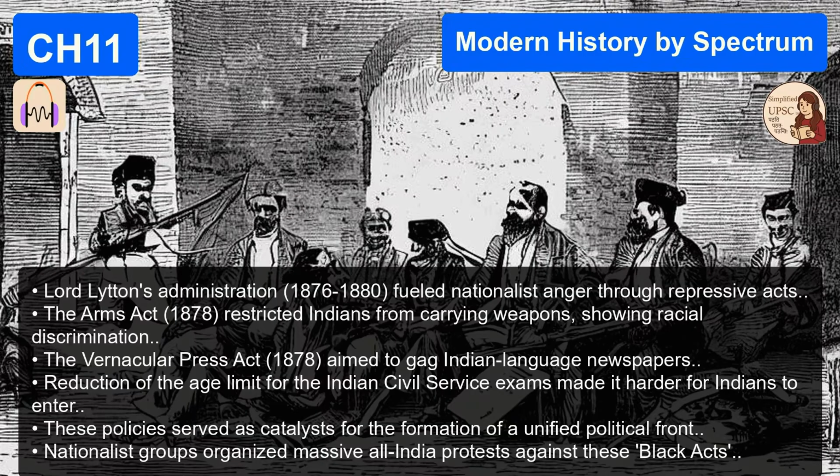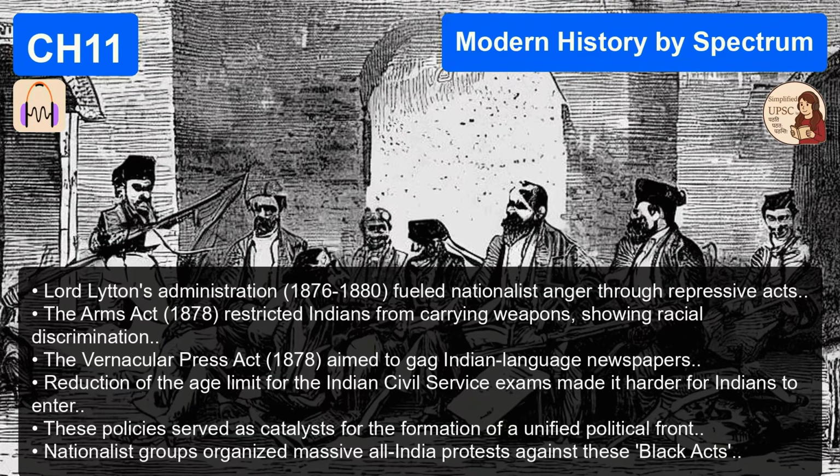Okay, moving across the map, what is the scene over in Bombay? Bombay is highly active, too. You have the Pune Sarvajanik Sabha, founded in 1867. 1867, and the key name here is? Mahadev Govind Ranade. The name Sarvajanik literally translates to for all people. Ranade envisioned this organization as a vital bridge. A bridge between who? Between the government and the people. He wanted it to legally and peacefully represent the wants of the people to the British administration.